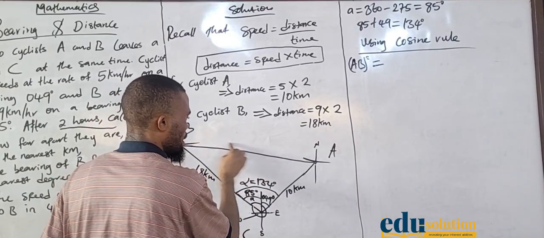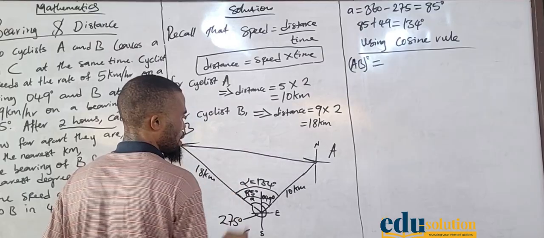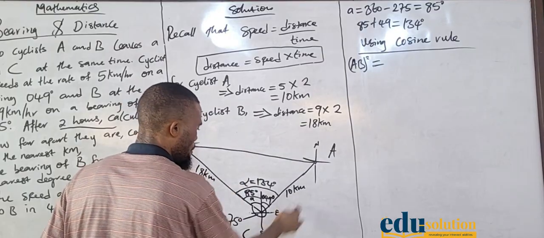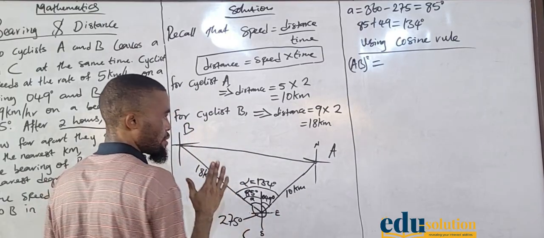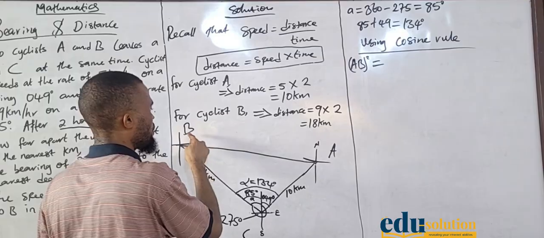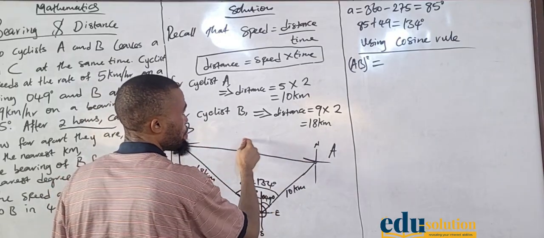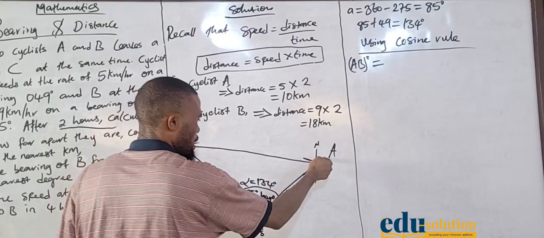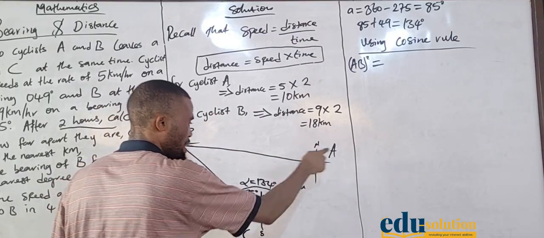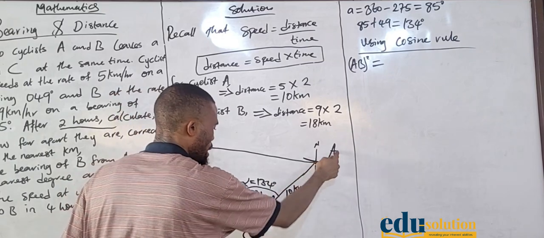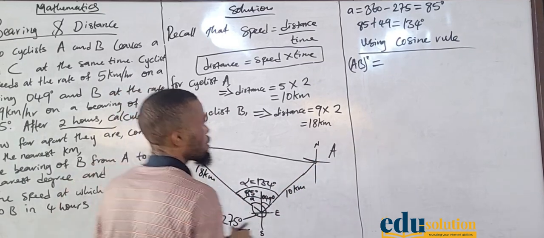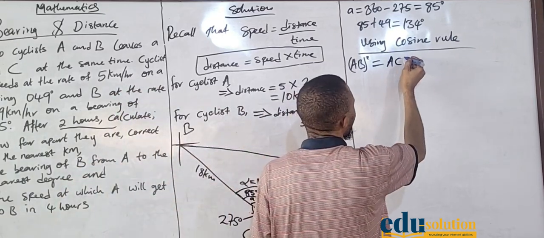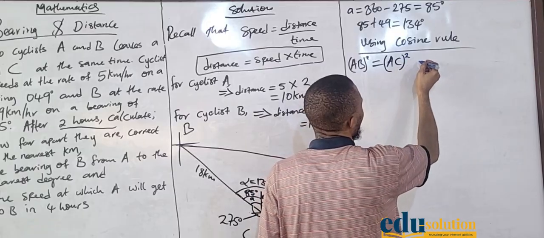This side is the square of this side equal to the square of this side plus the square of this side. Do you get it now? So we're having BA, which is the same thing as AB, the square of it is equal to this side. I can take this side first, any of them. So we're having AC, we'll also square it, plus